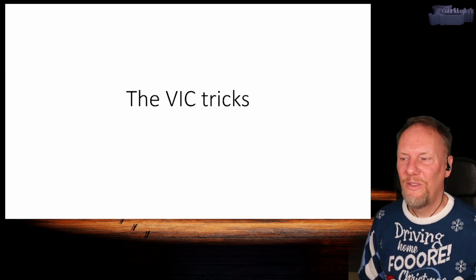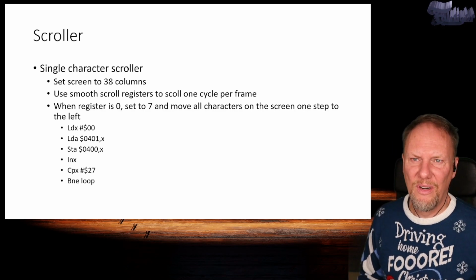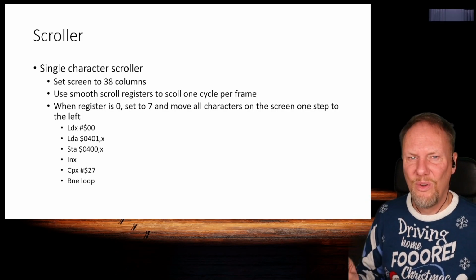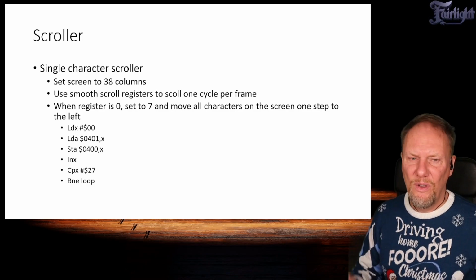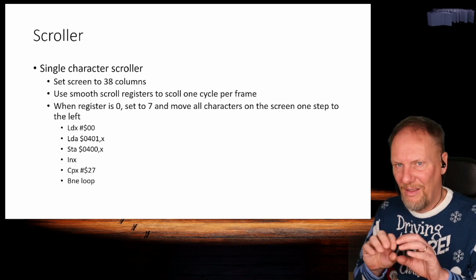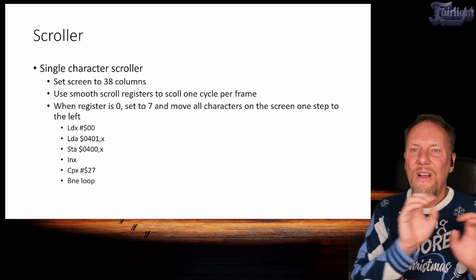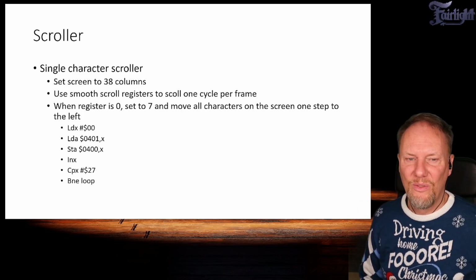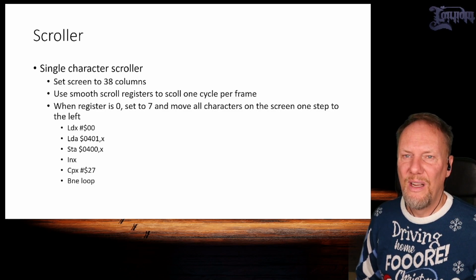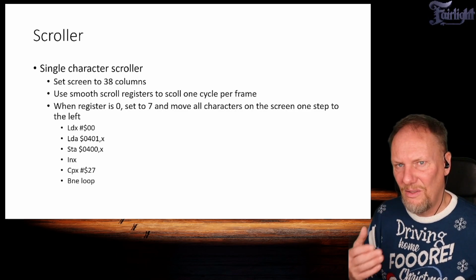Okay, now we're getting into the VIC tricks here. First of all, a scroller. If you do a plain text scroller, a row of text that rolls on the screen, first of all, you set the column to 38 columns. Think of it like the lowest or the highest row on the screen having a very fluently floating scroller. So you have the smooth scroll register here in D016, and let's assume that one is 7,